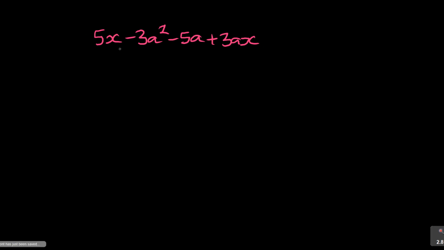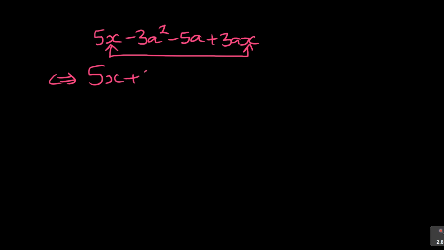Look at this. Now, there is nothing common in these 2, because here it is by grouping. It's usually like you take the first 2 and you take the last 2, but there is nothing common. They did it intentionally, meaning they are forcing you to regroup this. So we can regroup it. It's better to regroup it in terms of the unknowns. For example, take that x and take that x. Are you with me? So you saw that you regroup it, and this sign means regroup. It's 5x plus 3ax. This can be regrouped. And then minus 3a squared